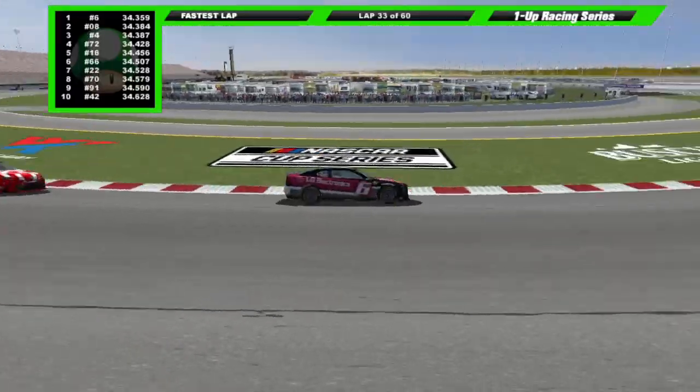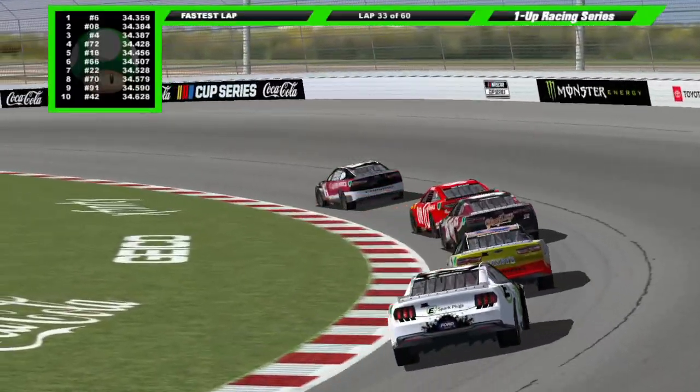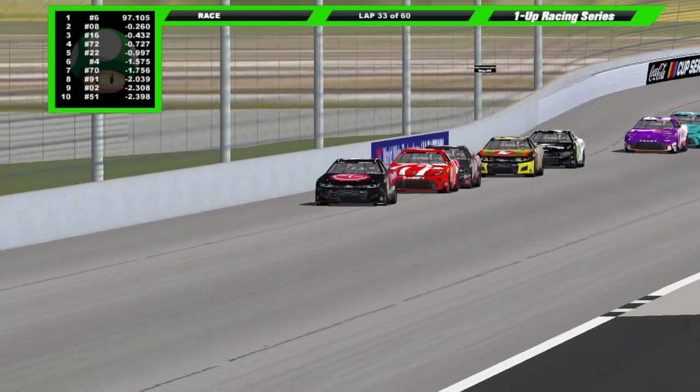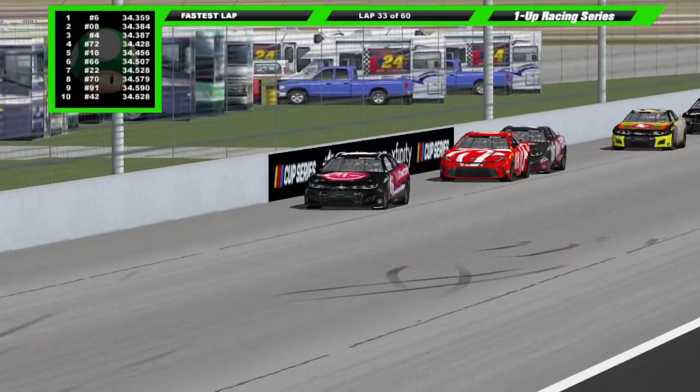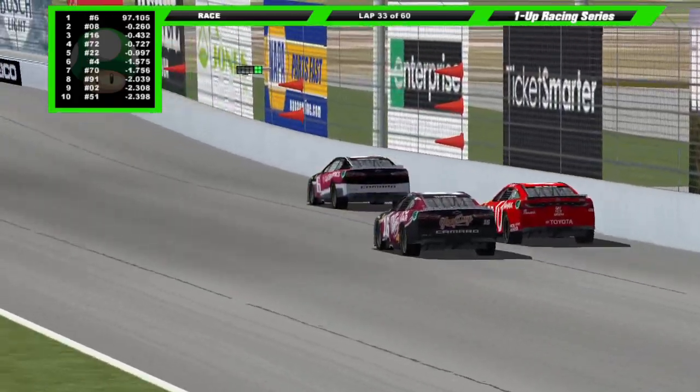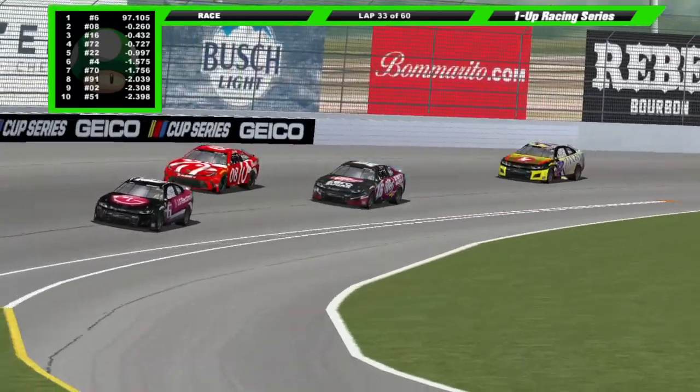As Joshua Michaels, actually, come to think of it, the entire top 5 of this race just posted their fastest laps of the race, with Michaels turning the fastest. That's a point for him. Well, he was able to pull away in the first half of the race. We know he has the fast cars. We see Henry Thomas